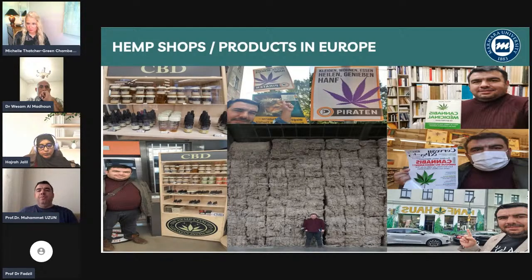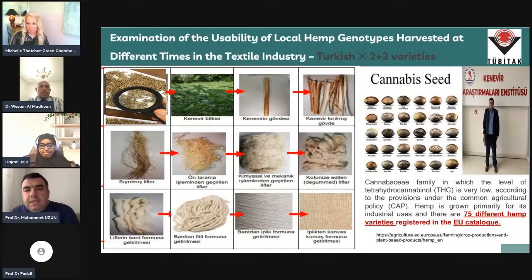This is from Europe. As you can see, I'm not sure if you know any German. Even in Berlin, they are saying that if you vote for me, then I will be helping you grow hemp. Hemp is such an important topic for Europe, but for us, it has just started. We have 2+2 different varieties of Turkish hemp right now. In Europe, it is almost 75 different hemp varieties. Europe is good in terms of having different types of hemp seed, but in Turkey, for now, we have four local